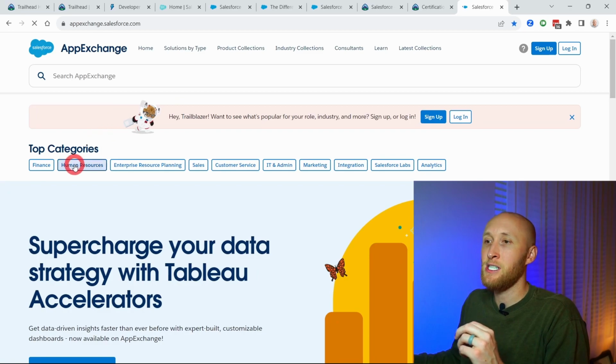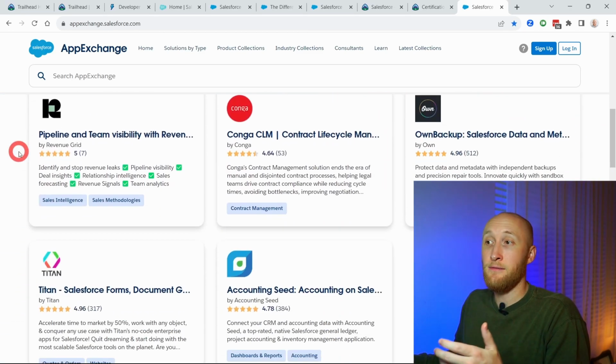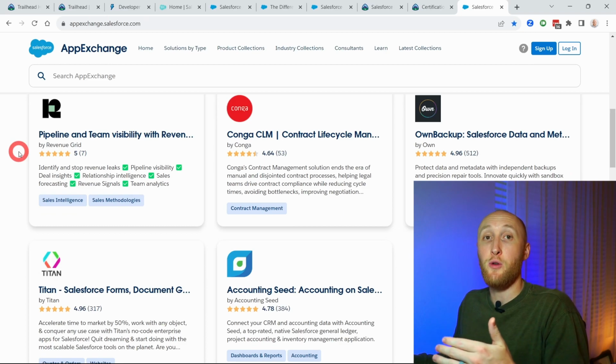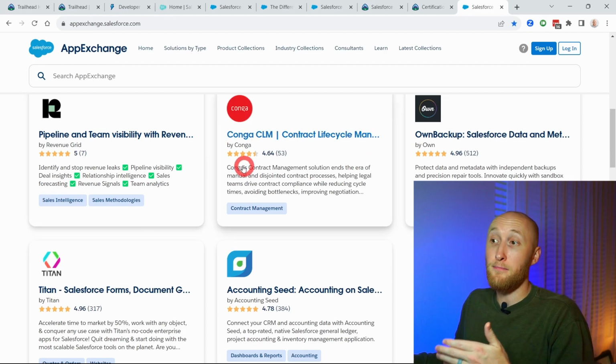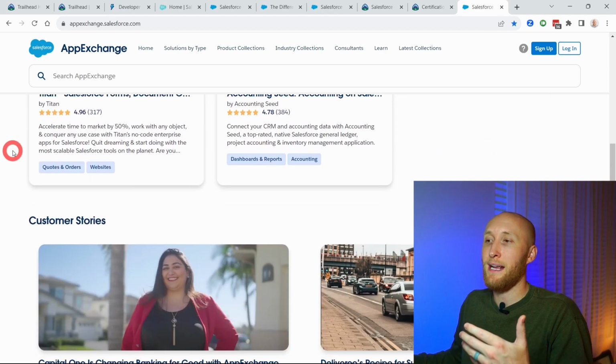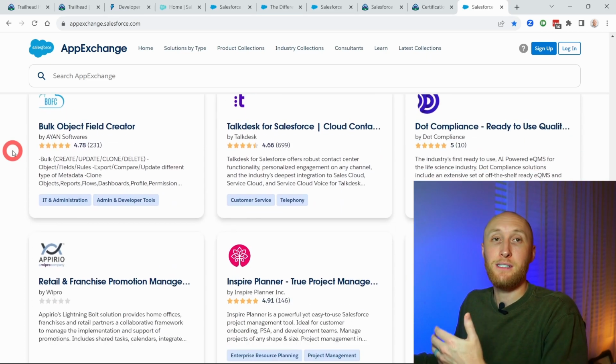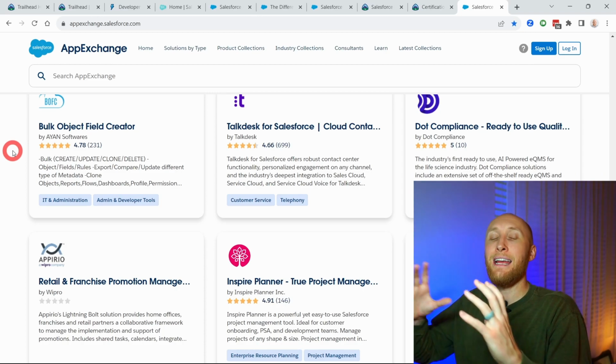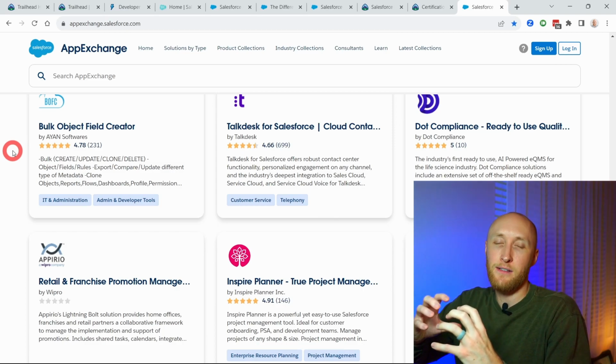So if I go actually into the Salesforce AppExchange, we're going to jump in and just show you kind of what that looks like. Here on this front page, you'll notice, again real quickly, there are all of these apps that you can install within your Salesforce. Now, these are built by companies, not Salesforce themselves. These are built by companies to put inside of Salesforce. So these are ISVs. They build these apps to enhance the standard functionality of Salesforce.